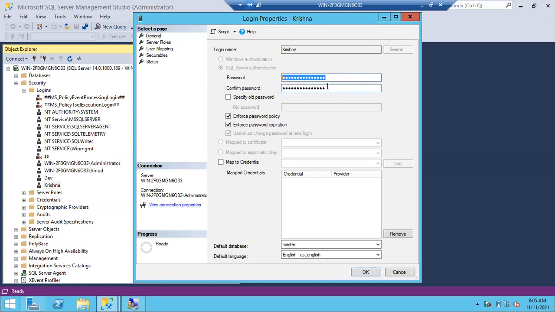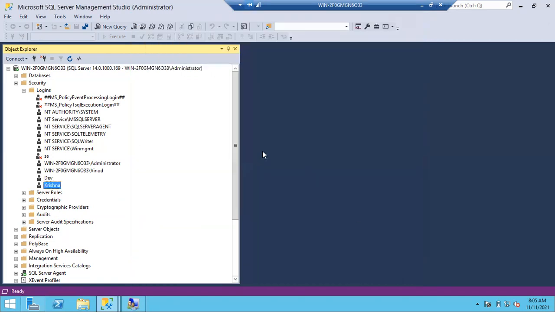Only SQL logins will have a password. For the remaining Windows logins, there is no concept of password. Sir, in our organization, do we need to work on SQL Server authentication or Windows? Both. Some people will be looking for Windows logins, some people for SQL logins. We have to create both. It's not like we only work on SQL logins. Who will work on Windows authentication? Another DBA you are going to recruit? So you have to work on both, not just SQL logins.